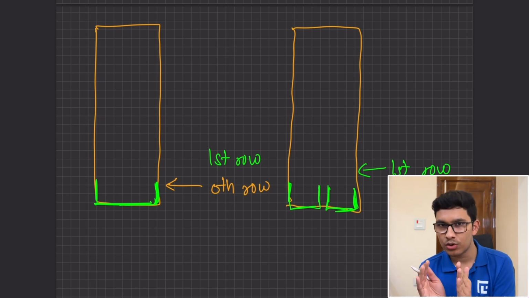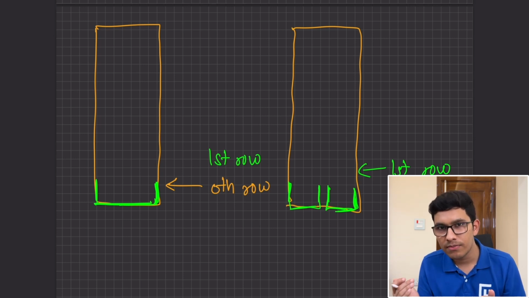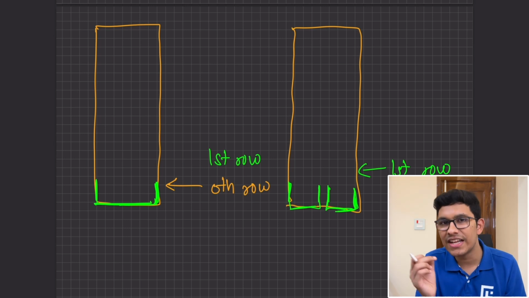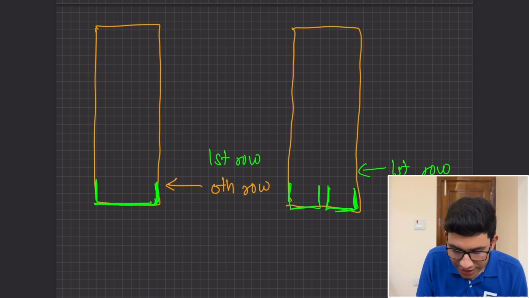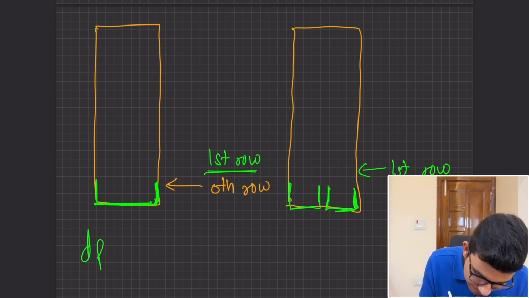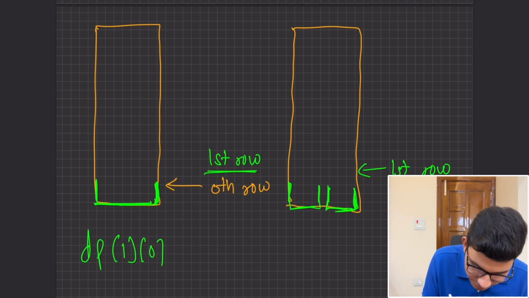But when you look at the 0th row, is there anything trying to extend from the minus 1th row? No. So you will have to try out both these cases starting from the 0th row. Yes, so your actual transition will start from the first row. So can I say my final subproblem will be dp of 1 comma 0, which means that starting from the